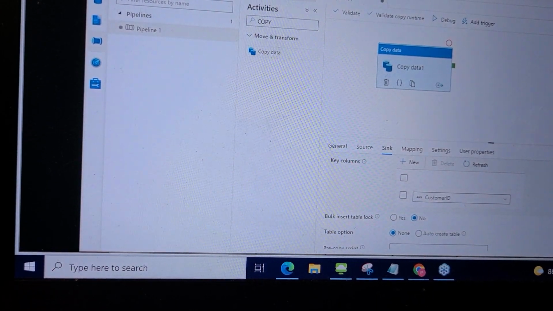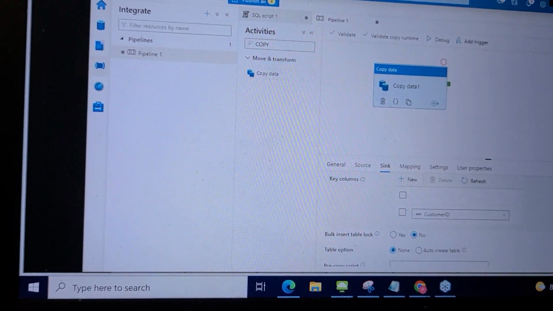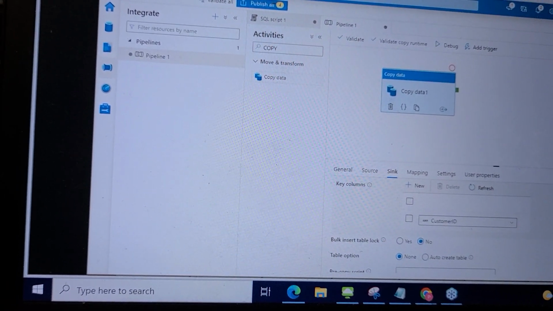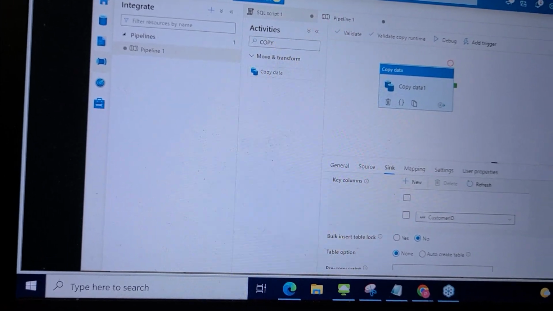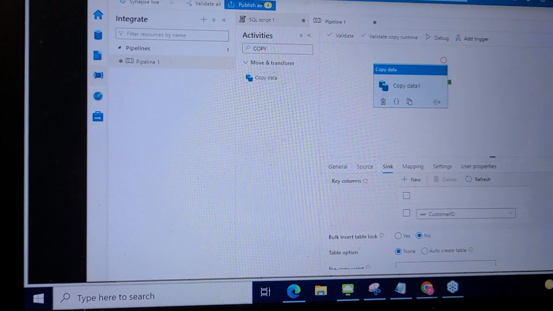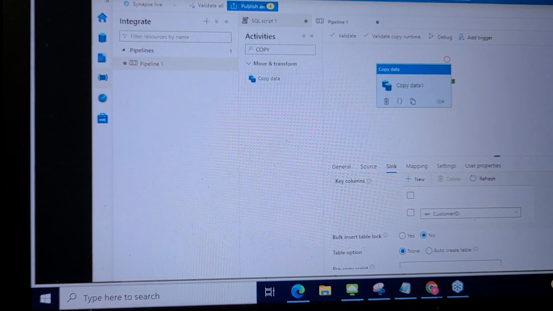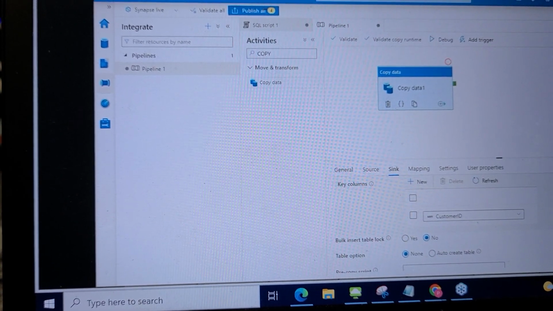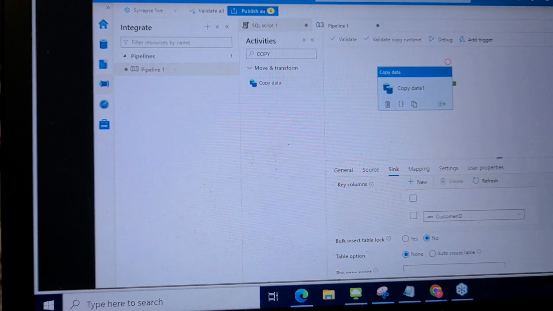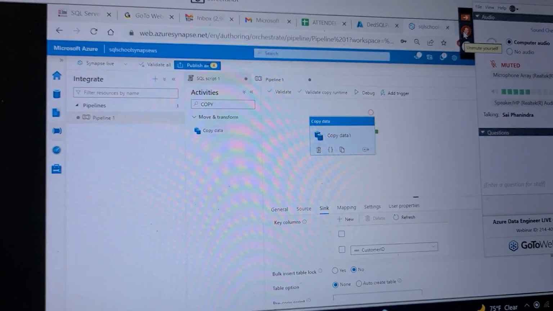Comparing source and destination, during the comparison, we need to provide the required column. Here it is, for example, key column. Observe carefully. Next, with this information, after you mention this information, next step,